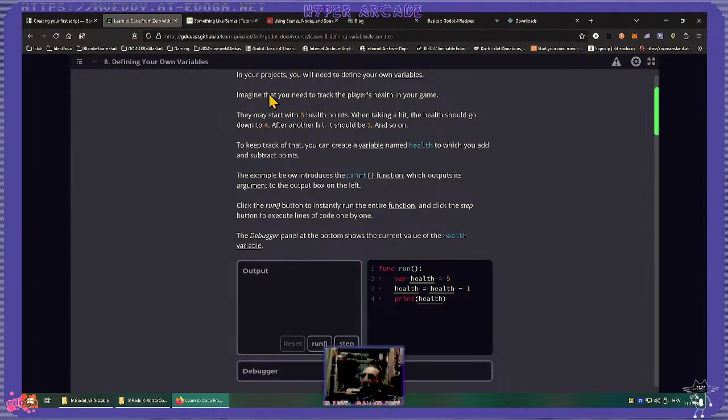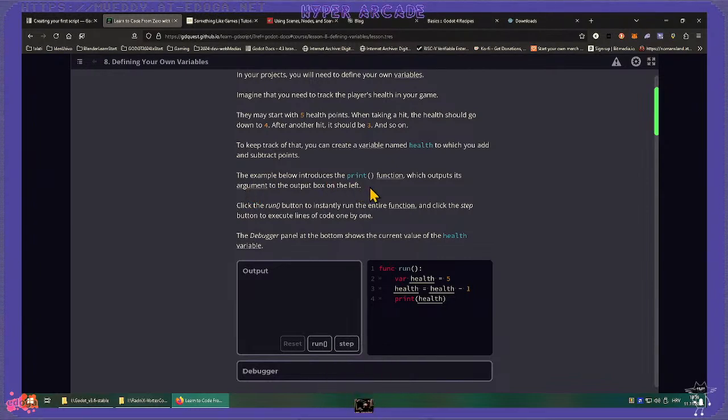Back to topic here. In our projects, we'll need to define our own variables. Imagine that we need to track players' health. Cool, they may start with 5, go to 4, hit 3. Keep track of that. Create a variable named health to which you add or subtract. Example below